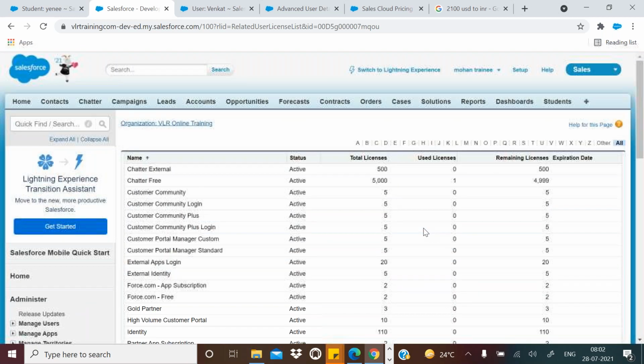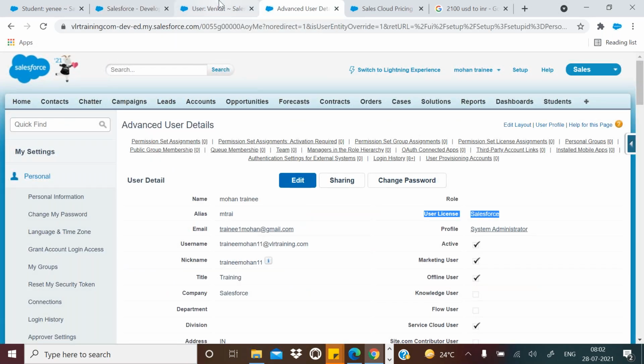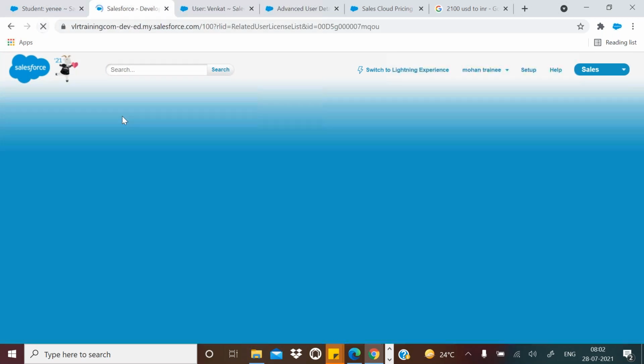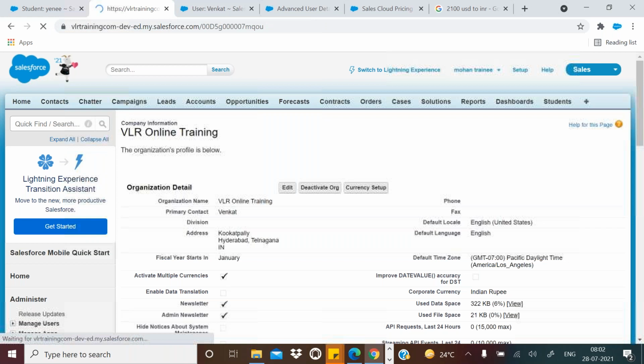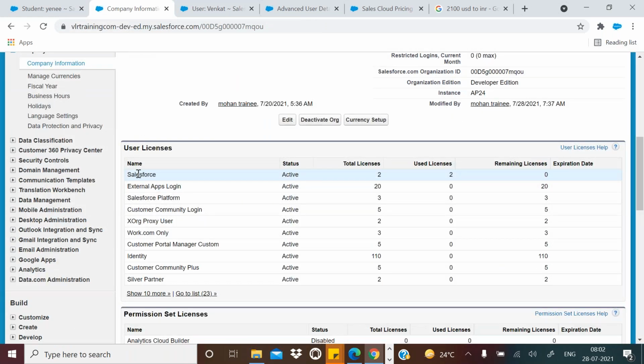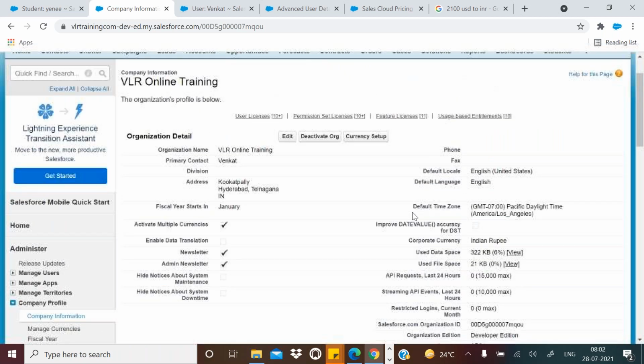Okay, so now totally 2 users got created with Salesforce licenses, and now refresh this one. So now you can see here, with Salesforce, total licenses 2, used licenses 2. That's it. Remaining 0. If you want to use one more user license, you need to convert this free org into the paid org. Like in real time, right?